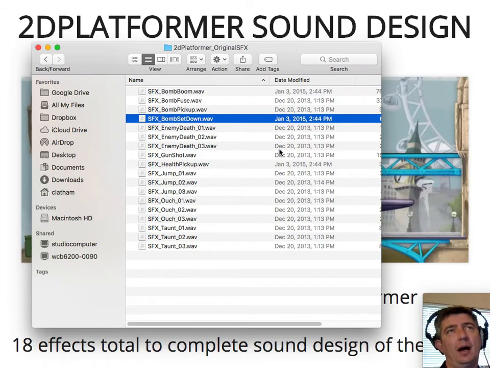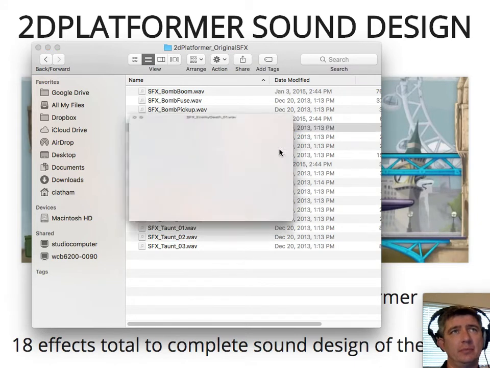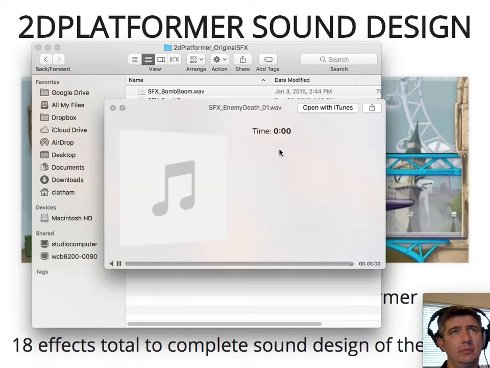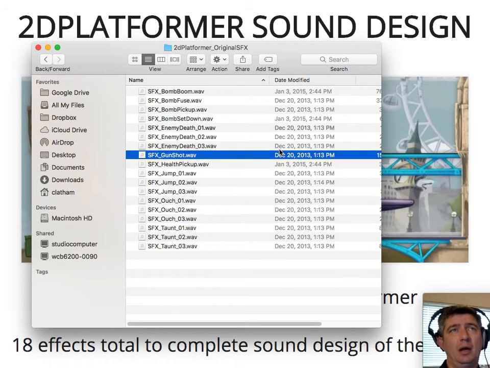These are enemy death. This is when the little aliens die. They get hit. These are real quick sounds. Right? So you open up your microphone, you go, and record that a couple of times.